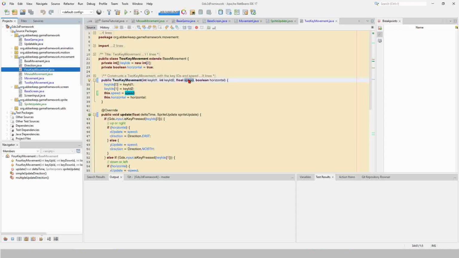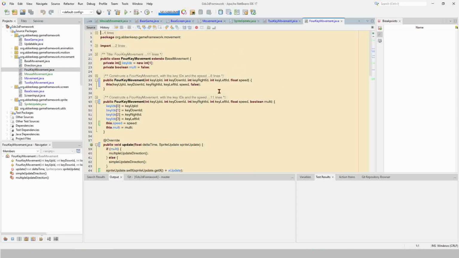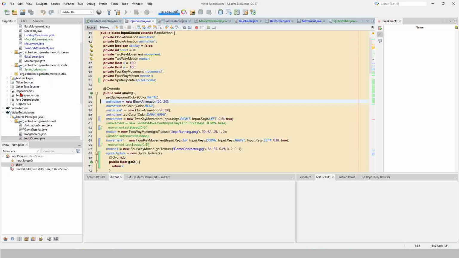So I added the speed to all of the constructors so that it will be set when you create the movement. That way we don't run the risk of not setting the speed and then wondering why it is not moving. So we go back to our tutorial